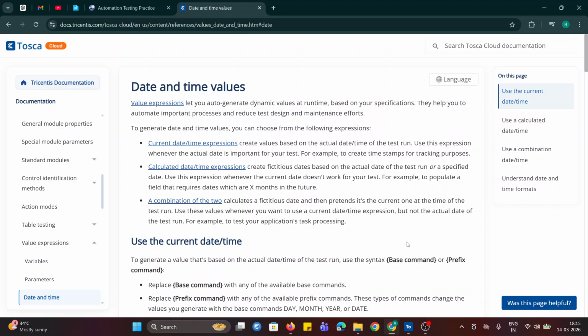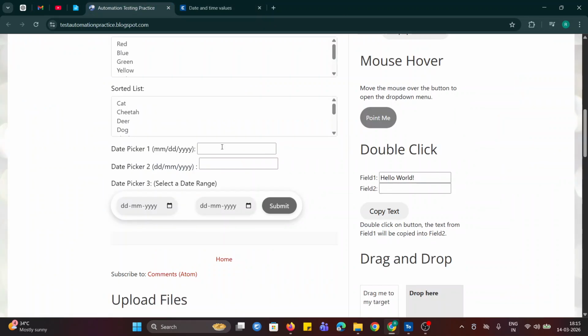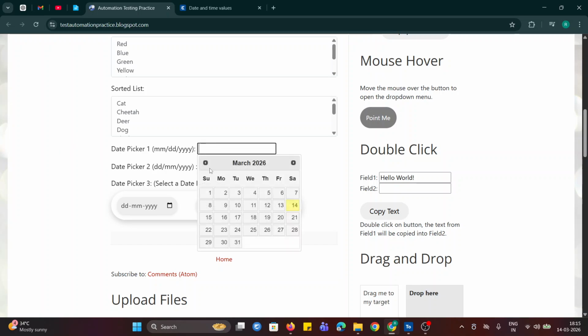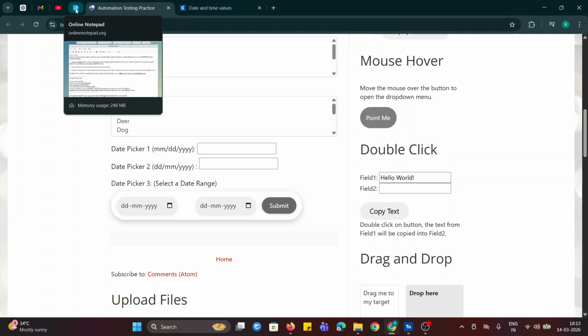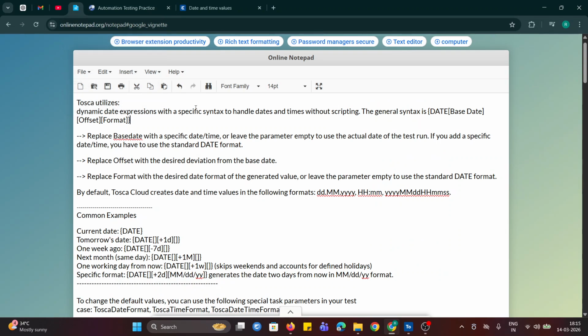So for example, when you are working on any application, if you want to enter any specific date value over here, instead of manually typing a specific date, you can automatically generate a random date through this syntax that has been provided by Tosca inbuilt. So you don't have to create them manually. You just need to understand the basic usage and the syntax of this functionality, and you're good to go with